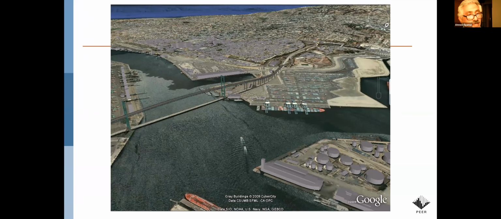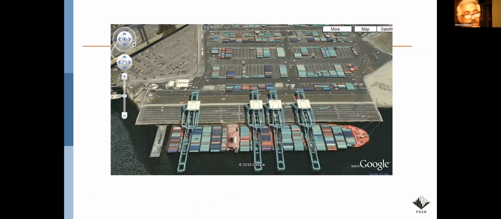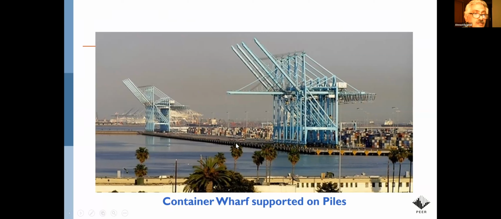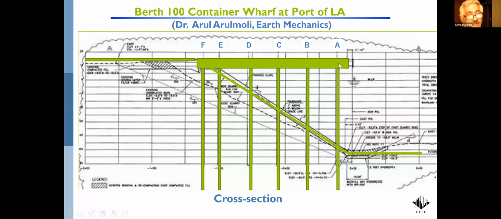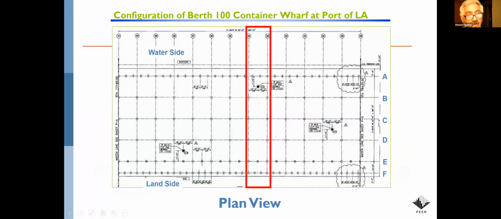Okay, so looking at a situation of a wharf on piles, which is the dominant way of constructing wharfs in the United States in ports. So this is here the container ship, here are the cranes, and they are supported on this wharf on hundreds, if not thousands of piles. And you see here, this is the deck of the wharf, and here are 6 rows of piles. And then this repeats over and over along the length of the wharf, which was a scenario that led us